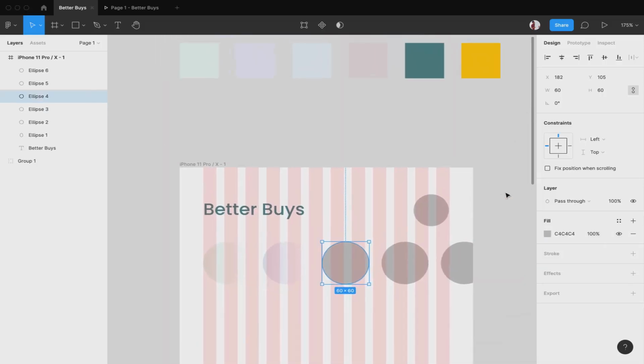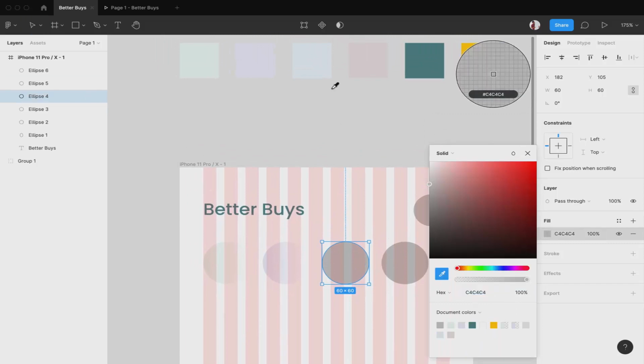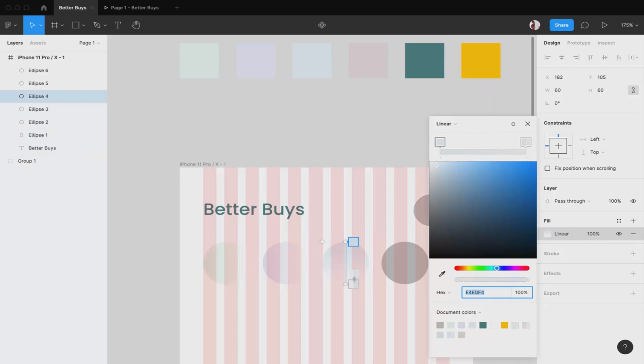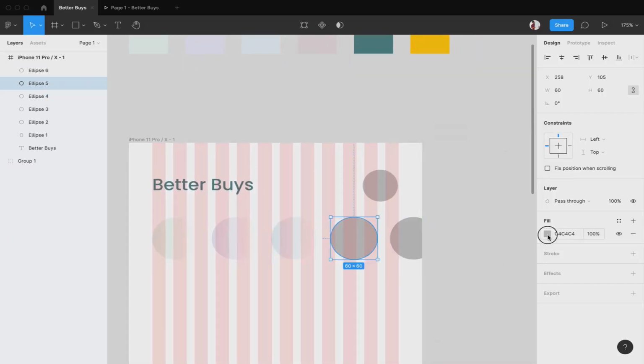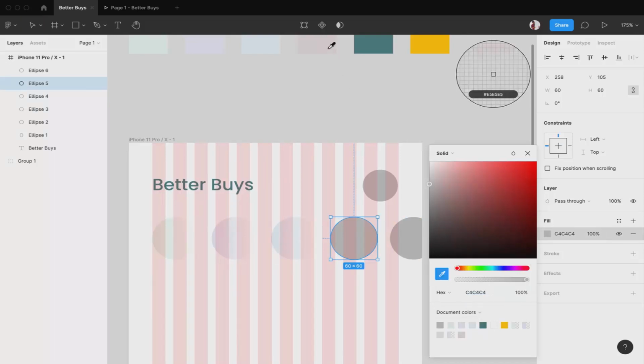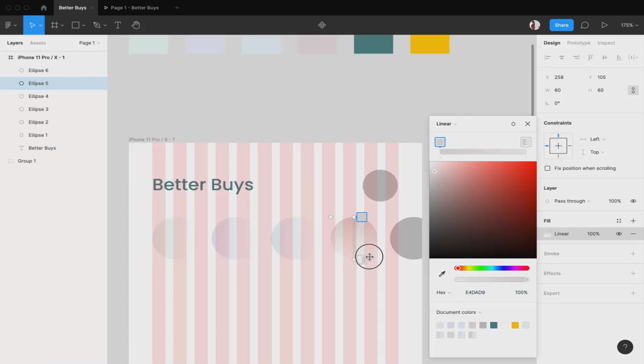Now for the next one I'll apply the next color, and then again from solid to linear. I have done this one as well. Now for the fourth one, this is the color. Again I'll change it from solid to linear.